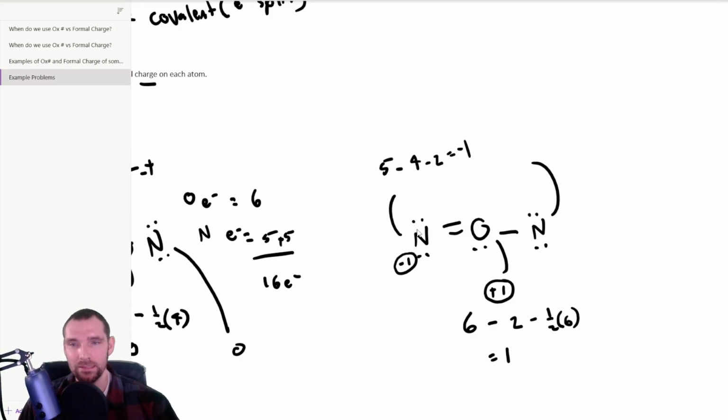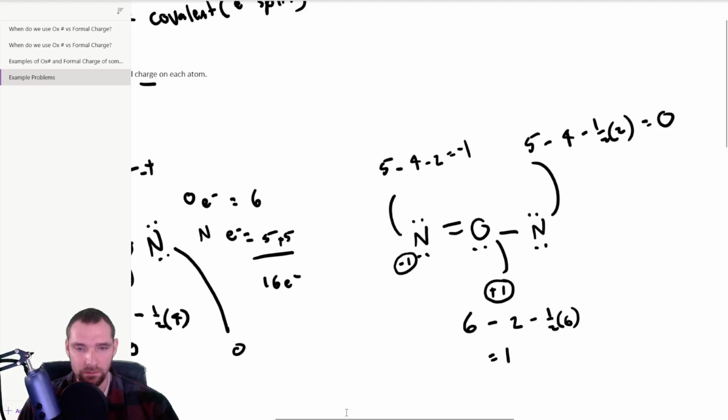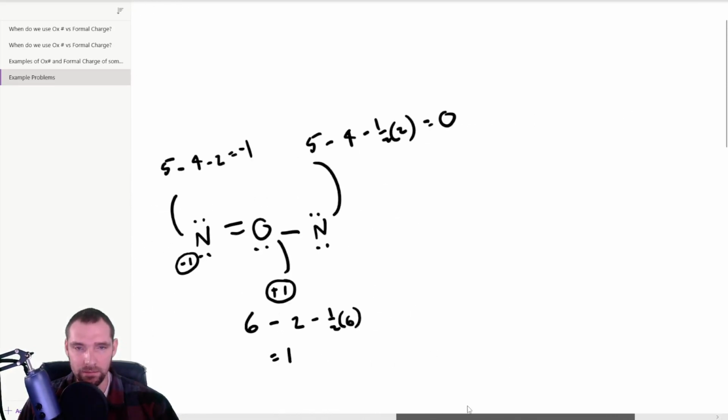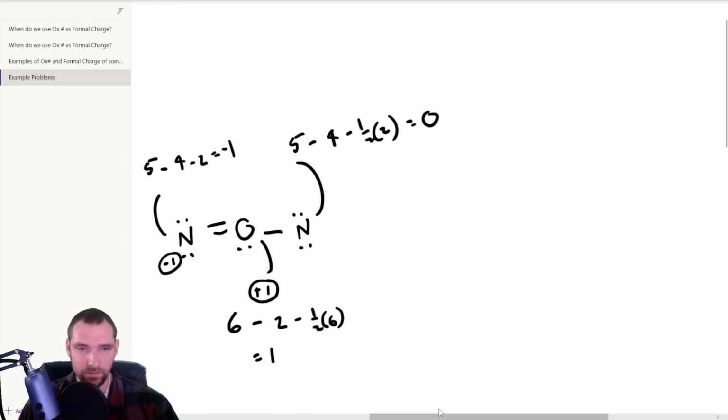Okay. And then this, I think, is still 0, because we have 5 minus the 4 that are unbound, minus the 1/2 of the 2 in that bond, and that equals 0. Okay, so we've got that formal charge there. And then I believe that the third one is